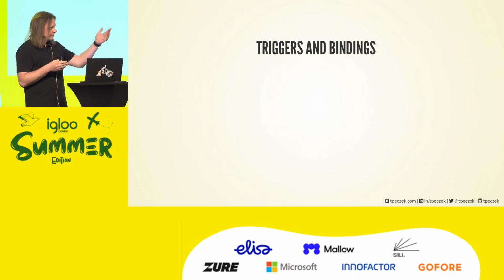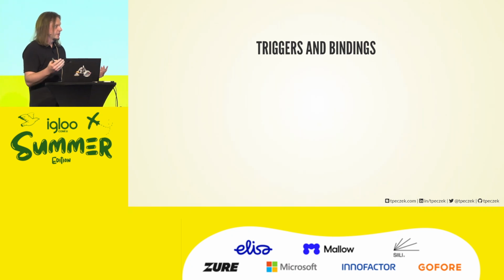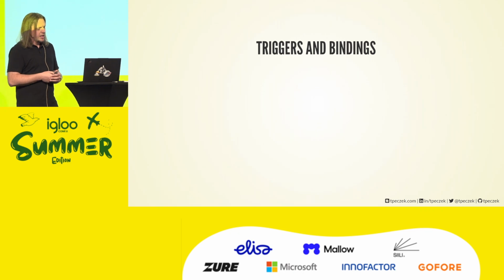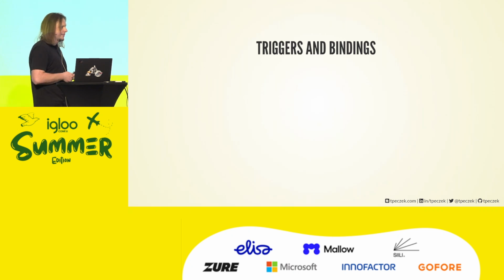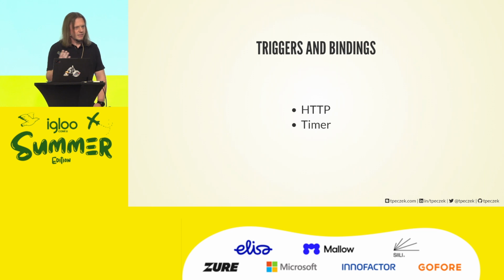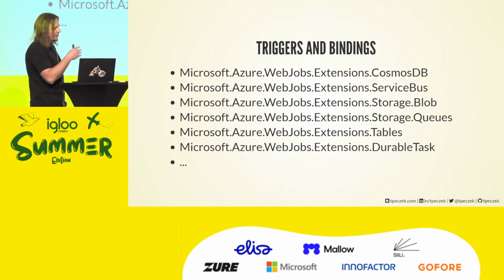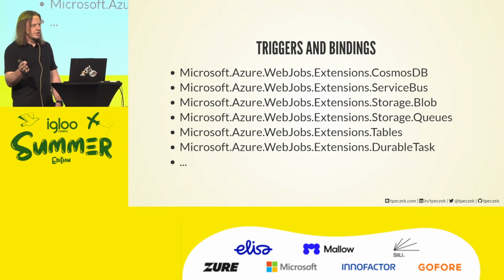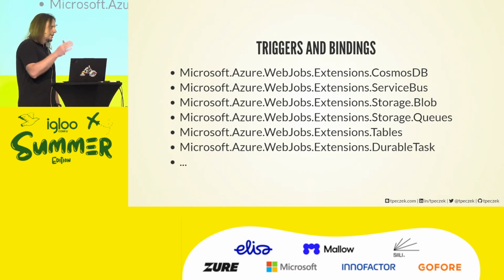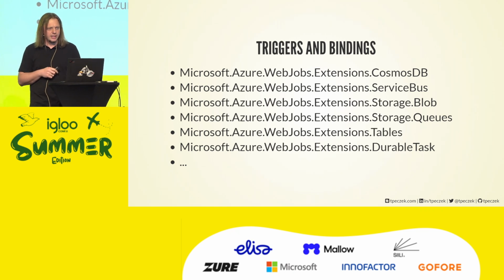And if we would have a hallway track conversation about Azure Functions, somebody would probably say there is a lot of integration, a lot of different services that you can use. The truth is that Azure Functions, as they are, deployed in Azure, run locally in containers, they support only two things, HTTP and timers. That's all that is. All the other integrations that you may know, Cosmos DB, Service Bus, different kinds of storage, even durable functions, those are all extensions. You get those extensions into your applications, depending on the language, that's either a direct reference to a package in .NET or some definition in host.json in different languages, right?